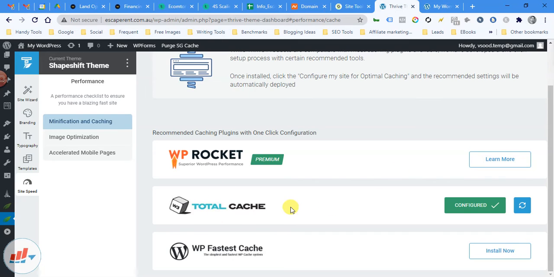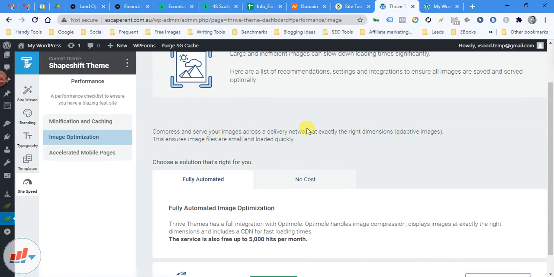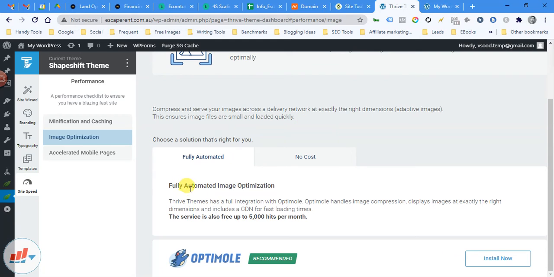And now for image optimization also, Thrive Themes has full integration with Optimole. Okay, and Optimole handles image compression, displays images at exactly the right dimensions for CDN and fast loading. And it's also free up to 5,000 hits per month. So we can install this also if you want.